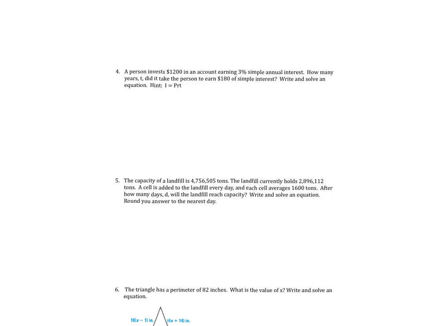So this equation here, for example, goes back to simple interest. That's why it has the hint that I equals PRT. A person invests $1,200 in an account earning 3% simple interest. How many years, T, did it take a person to earn $180 of simple interest? So we just need to remember here in this equation that